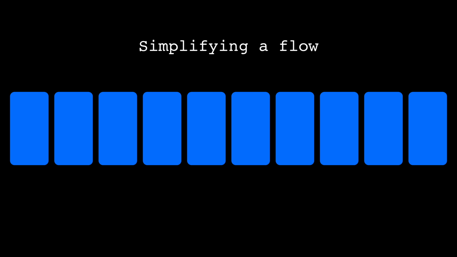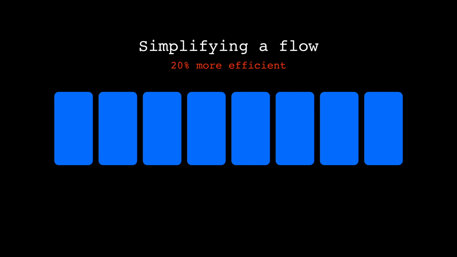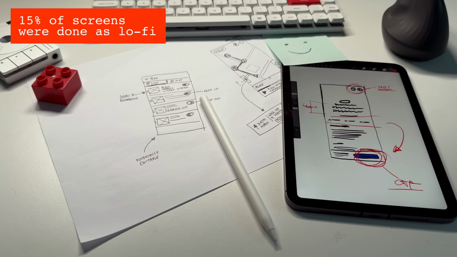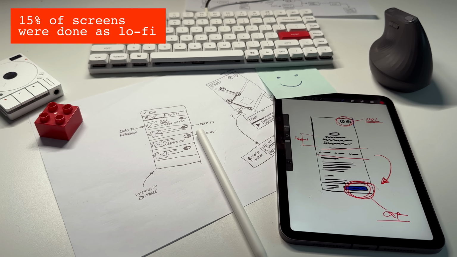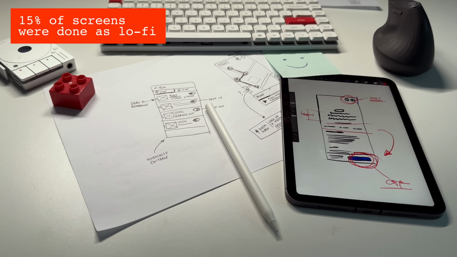We were able to remove about 20% of the screens while keeping the same functionality. And that is always great, because less clicks or less steps always means that the customer will get to what they want faster. Once we had all the flows, we started sketching some of them as low fidelity wireframes